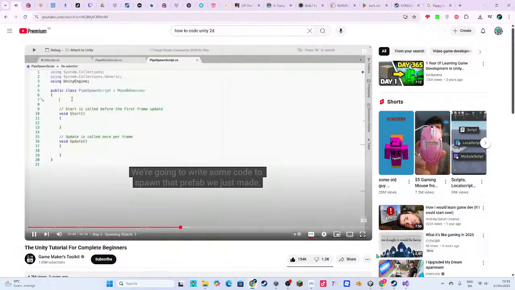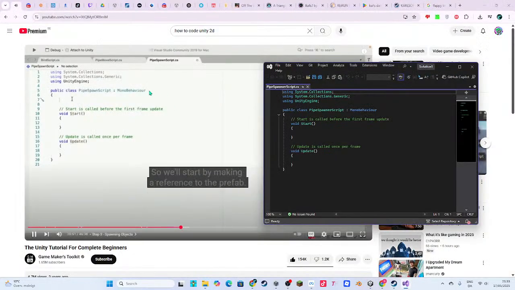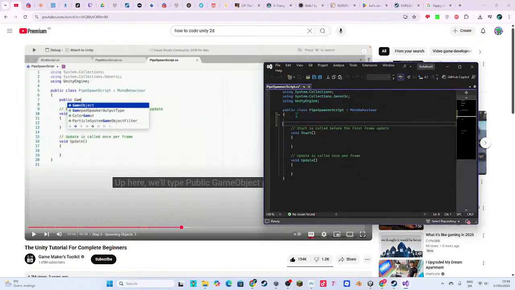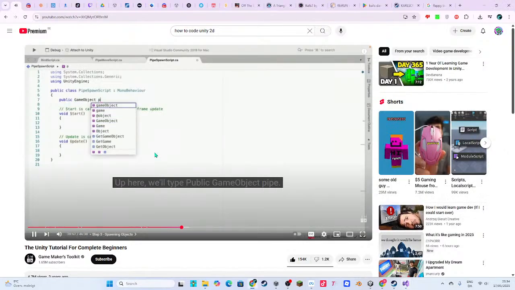We're going to write some code to spawn that prefab we just made. So we'll start by making a reference to the prefab. Up here, we'll type public GameObject pipe.